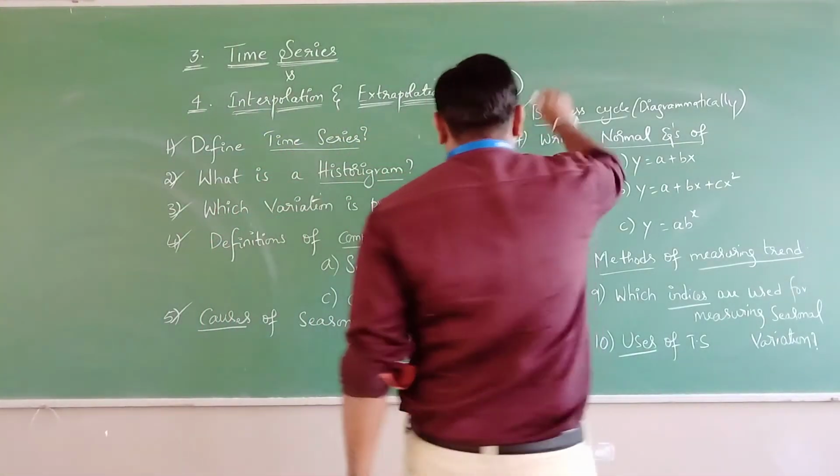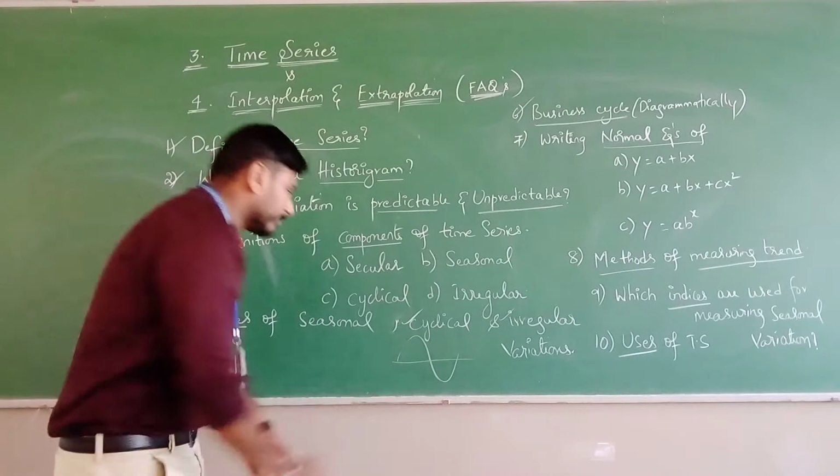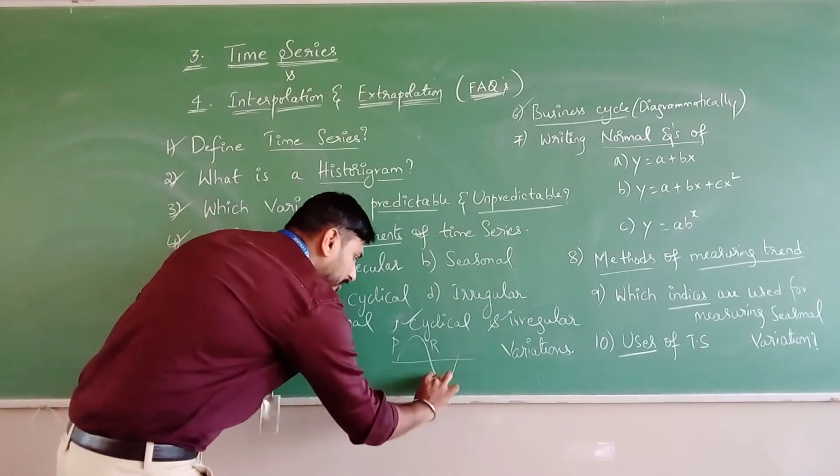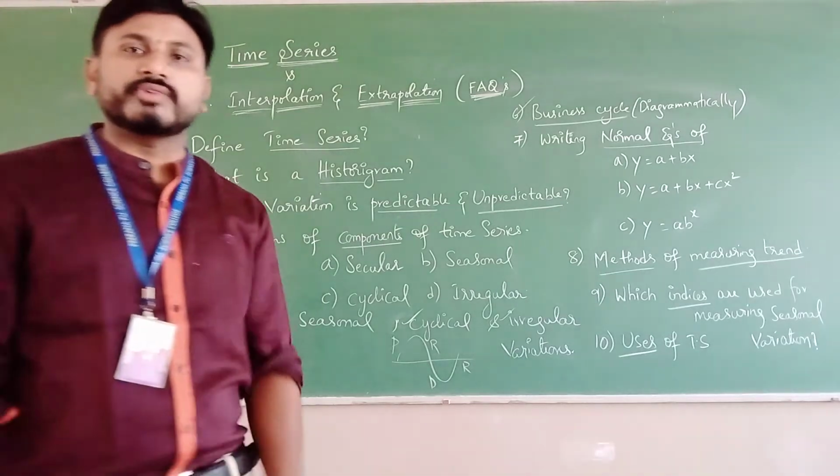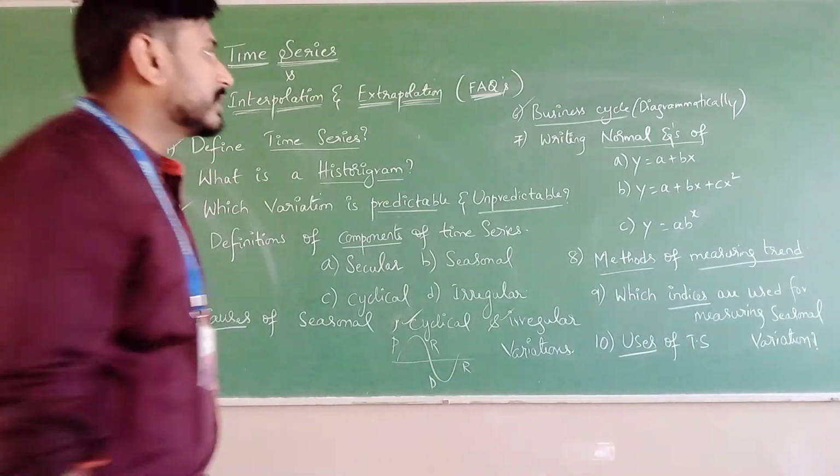Next, coming to the business cycle, as I have drawn here, look at here. This is prosperity, recession, depression and recovery. These are the 4 stages of cyclical variation. Next,